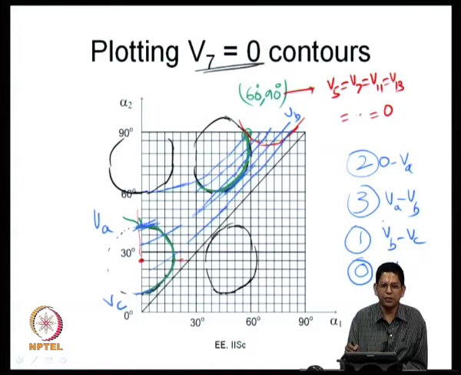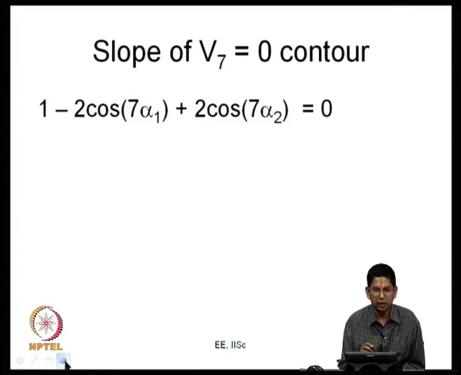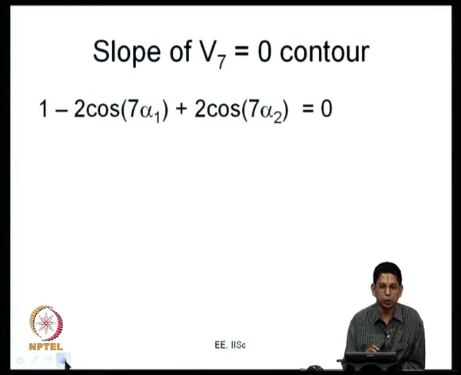So, what these values of V A, V B and V C are, I would leave them to you as exercises to find out. They are reasonably simple exercises, and the interesting point is, at V B you will find that the constant voltage curve V 1 is equal to V B and V 7 is equal to 0 will be tangential to one another. Okay. So, that is the condition you must use to come up with the exact value of V B. So, the seventh harmonic solution problem, if you look at it, offers a lot of issues, like there are multiple solutions and there are no solutions, etc.